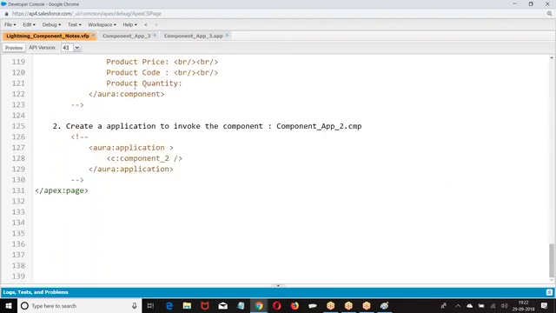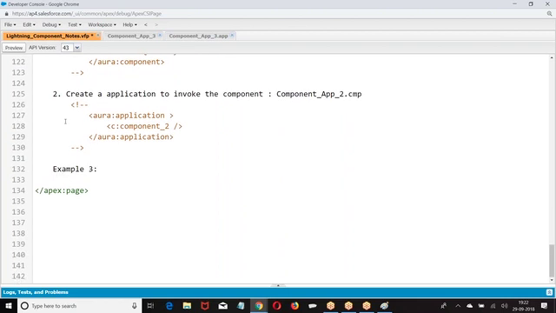So let us take some break and come back. We will continue with the creation of attributes for the component, how to pass the attributes in the component. Now we just saw the creation of a component. The next concept is going to be the creation of attributes for the component and how to pass the values for the component. Right. Let us take a 10 minute break and come back.